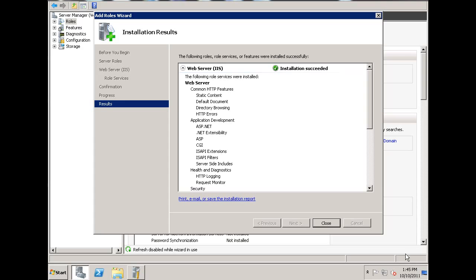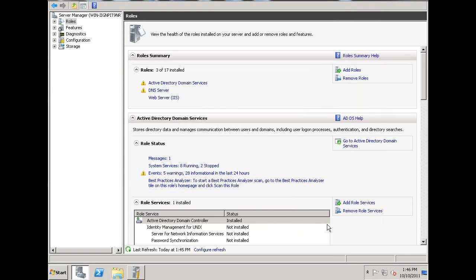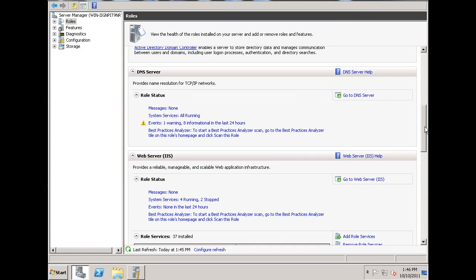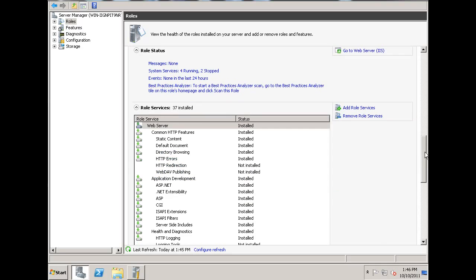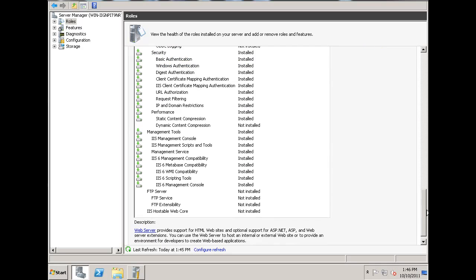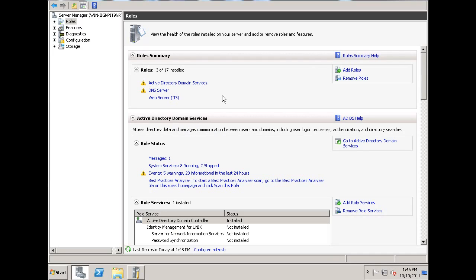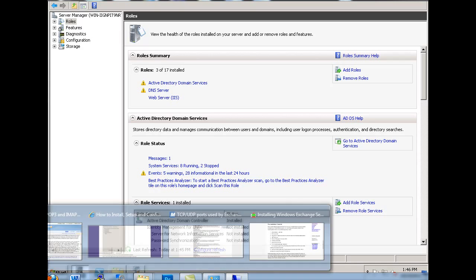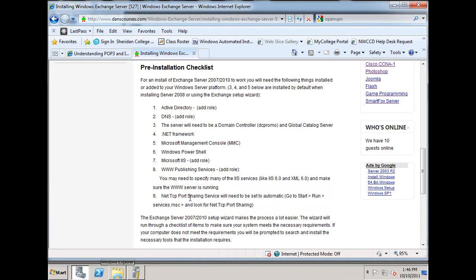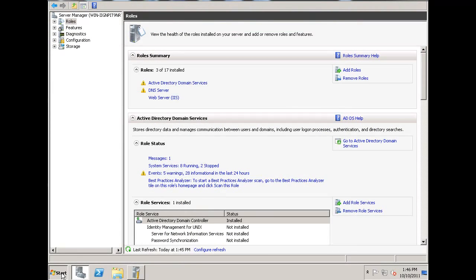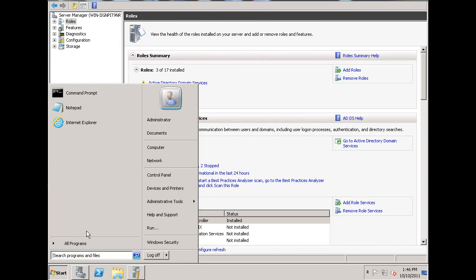Okay, the Web Server IIS installation was successful, so I'll hit close. Under roles here you can see that I have some warnings, no failures, and that's fine. I can get a quick idea for what some of these are, and I can address those later as well. What I'm going to do now is look once again at this web page, and it says the other thing I need to do is turn on the Net.TCP Port Sharing Service. So that's under services. So I'll go to start and I'll type